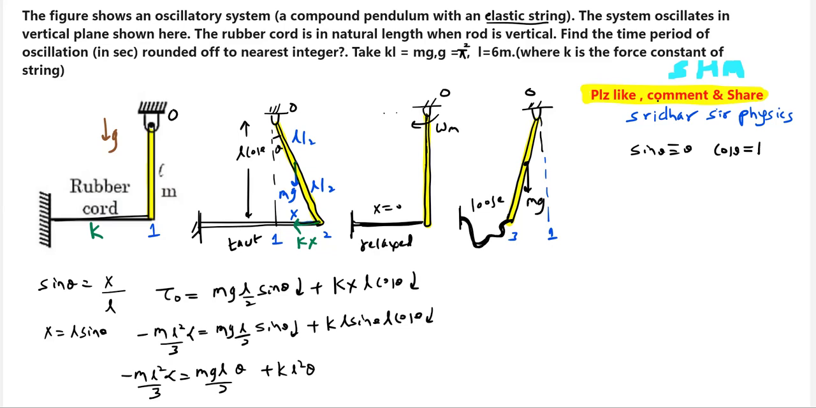So therefore this will become now alpha is equal to, one more step, I'll simplify for alpha. Alpha equal to 3g by 2L theta plus 3K by M. L square will get cancelled. 3K by M, this will be theta. So this alpha equal to minus